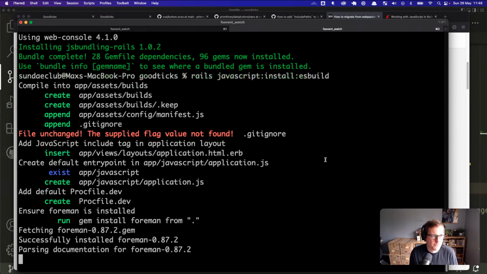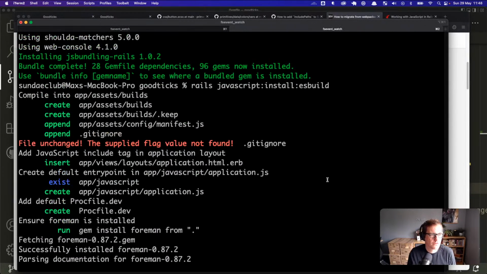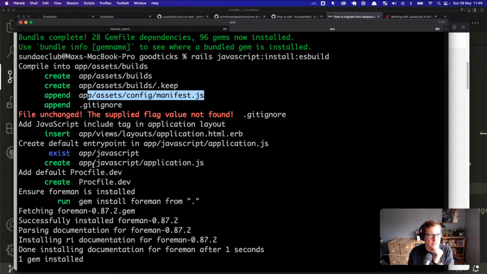All right, cool. Got stuff coming out. App assets. Yeah, this all seems like putting things back in app assets. We're going back to Sprockets. A JavaScript include tag in application layout. This is presumably